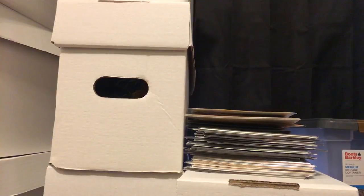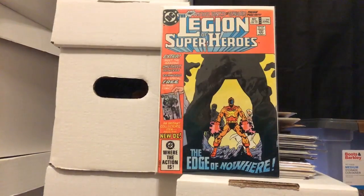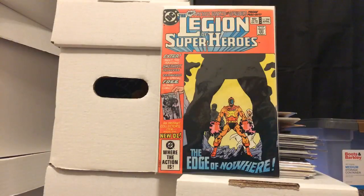Couple of filler issues here. I got Legion of Superheroes number 298. This is the first appearance of Amethyst. The cool thing, I